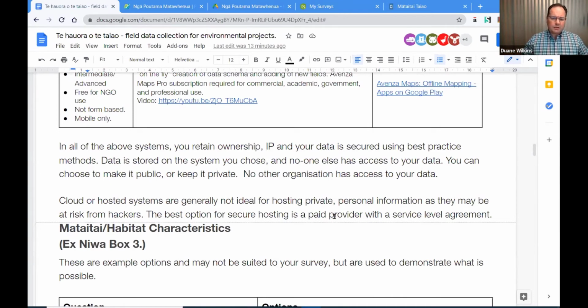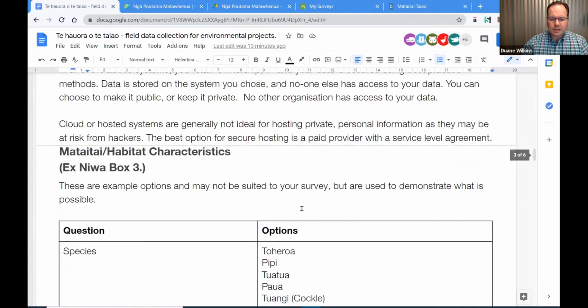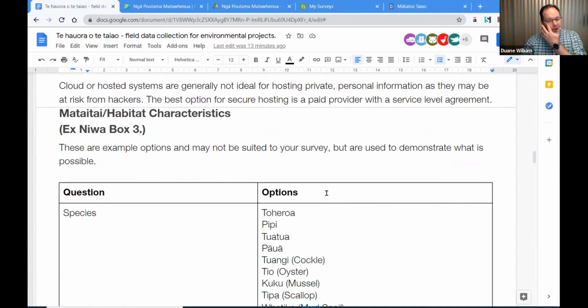Today we're just talking about environmental monitoring data where we might make the form public for anyone in, say, a kura or within a takiwa or any other hapu group to be able to submit forms to this database. The example we're going to be looking at today, after talking with kaiako from a kura